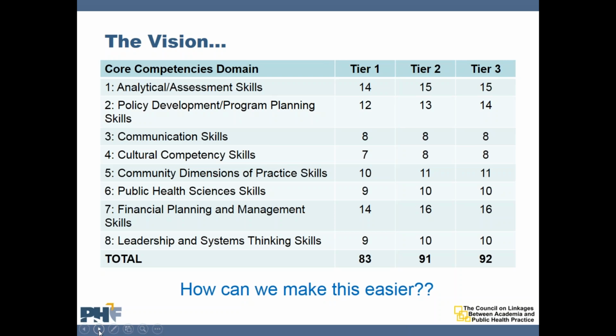So when you think about 8 domains and 3 tiers, and the way that competencies are written so that really every statement is a distinct skill, the numbers of core or foundational competencies that might be relevant within the public health workforce can quickly add up. And so this table is just a representation of what that looks like for the core competencies in terms of the number of competencies that you'll find there. So if you look even just along the bottom row of the table, you'll see that we have about 80 to 90 competency statements in each tier of the core competencies. And we recognize that this can present a challenge when you're working with the core competencies.